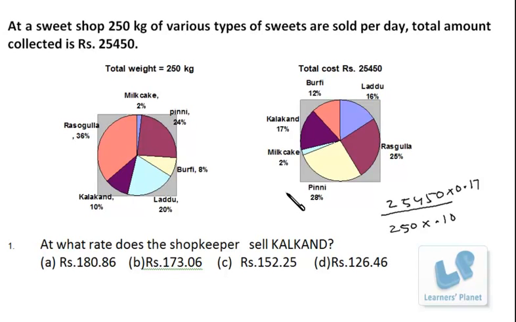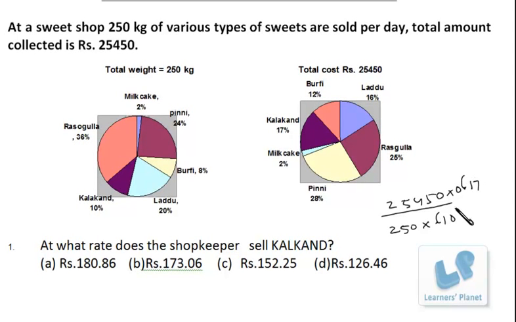Now let's see how we calculate that. I can remove the decimals from both places. If you have zeros in the denominator, do not touch them, just put them aside, because in actual calculation zeros do not contribute anything. We just have to place the decimal at the proper place. So I take this 0 from here and put it over here. Now I have 25450 by 25 into 17 to calculate. I'm not calculating this; it will be used just to put the decimal at the right place.